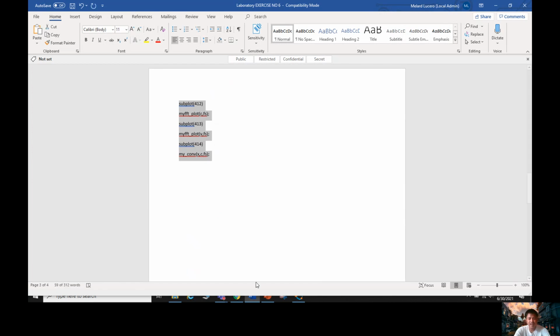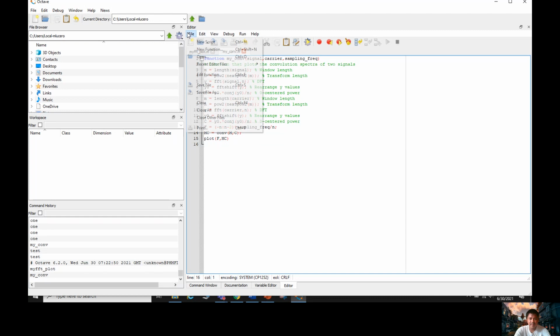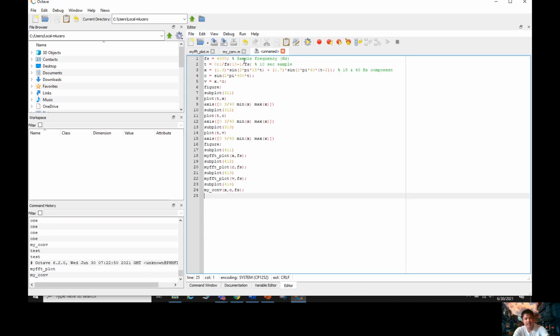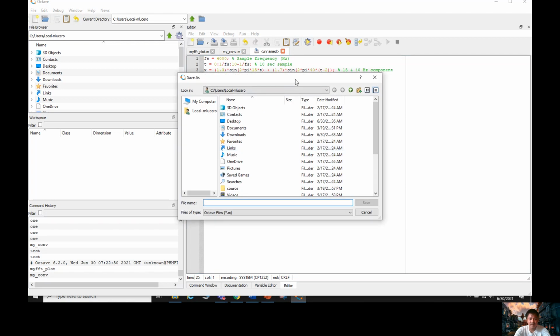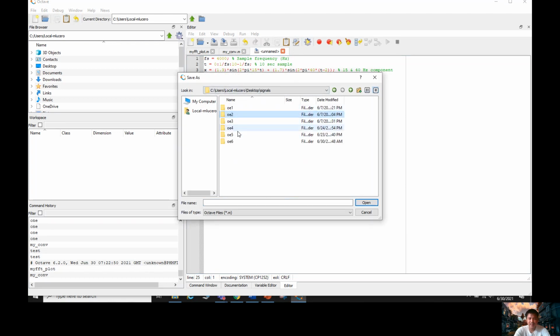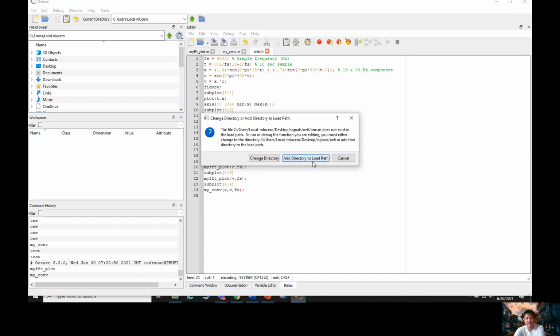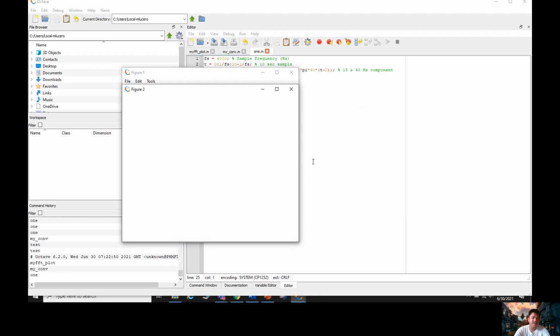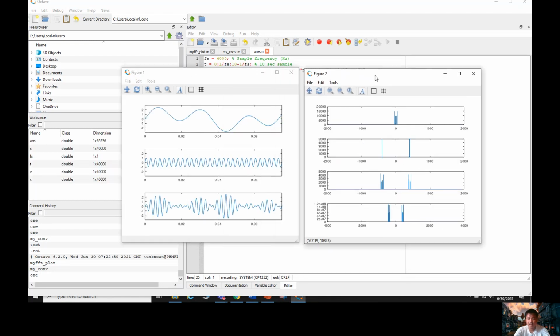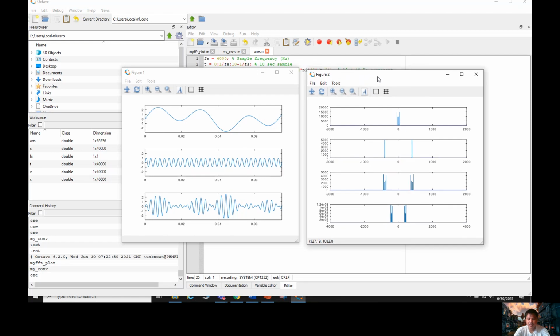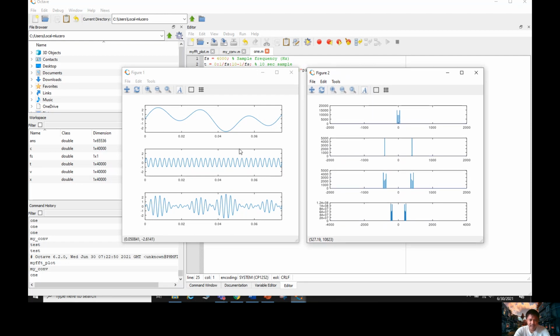So copy, then let us save this. Okay, so we will be naming this as number 1. Then save. Then add the directory to load the path. So let us wait. I'm sorry, my PC takes time. Okay, so what we have here in figure number 1 is the image of